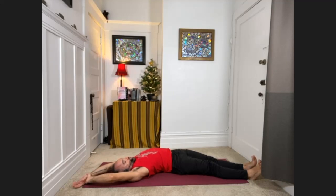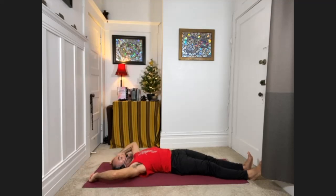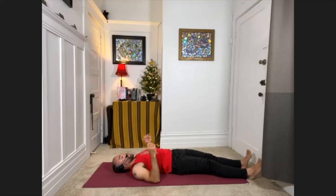It's a little crescent stretch here along the left side of the body. Try to keep the left hip grounding. And you can flex the left foot as well, reaching through that left heel. Big stretch here. Good, and then release. Scooch the shoulders back toward the center of your mat, heels toward the center, and then